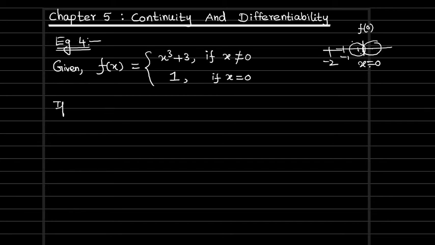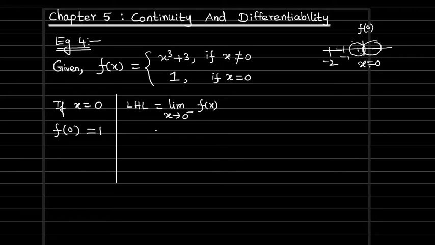So first, if x is exactly 0, only one value, right? We are dealing with only one exact point, so directly in the function itself we can substitute. When x takes exactly 0, the outcome is positive 1. Now the left hand side close values. While testing the continuity, the close values also we need to check. Now, left hand limit. On the left hand side we have infinite close values of 0, so taking the help of the limit: limit x approaching 0 from the left hand side, f of x.